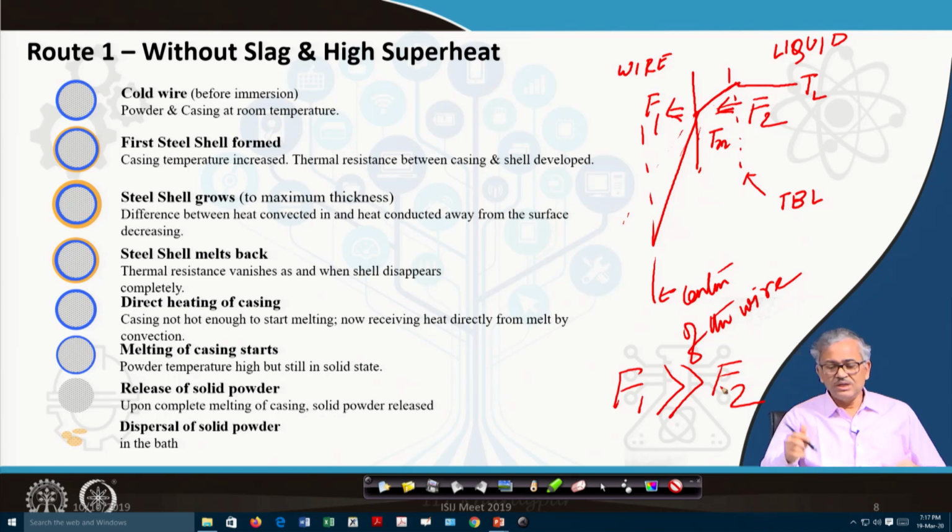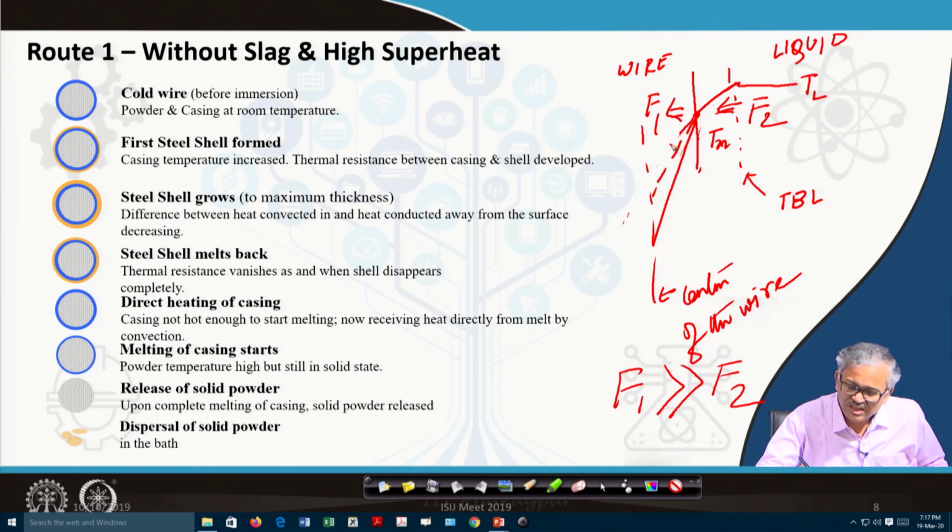There is a localized cooling. As a result, the shell forms. And how long does the shell form? As long as F1, because with time, this gradient will decrease. If you see, the gradient will decrease with time. After some time it will be here, after some time it will be here. So with increase in time,